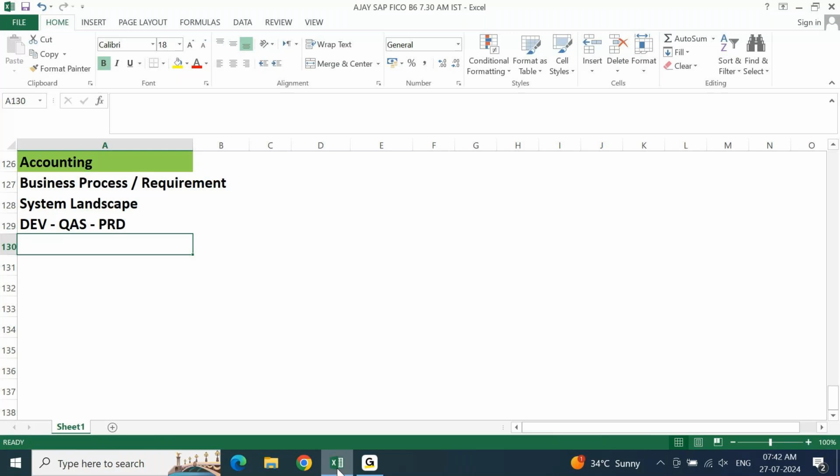Yes, correct. They charge some 10,000. The starting price is 10,000. Again, there are so many packages in it. 10,000 every month you'll have to pay, 20,000 every month you'll have to pay, 30,000 every month you'll have to pay, irrespective of whether you're utilizing the services or not. You have to pay every month, and you'll have to pay 1 month in advance at the beginning. Non-refundable advance you'll have to pay.